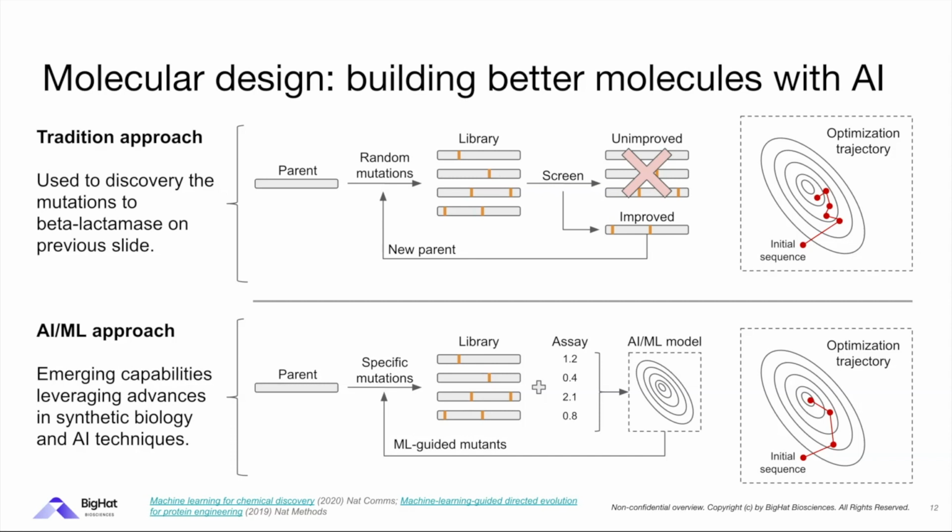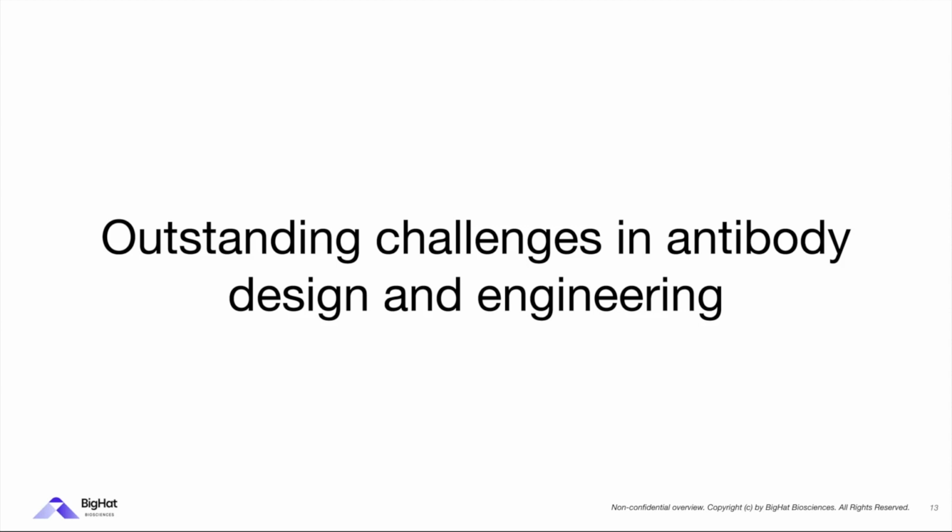And unlike the traditional approach where the goal is to have very, very diverse and large libraries, you could think of the AML approach as being really focused on how many cycles of exploration you can do as you guide your search toward the best molecules. So with that, let's talk about the area of BigHat Biosciences, which is really this deeper application of AI ML